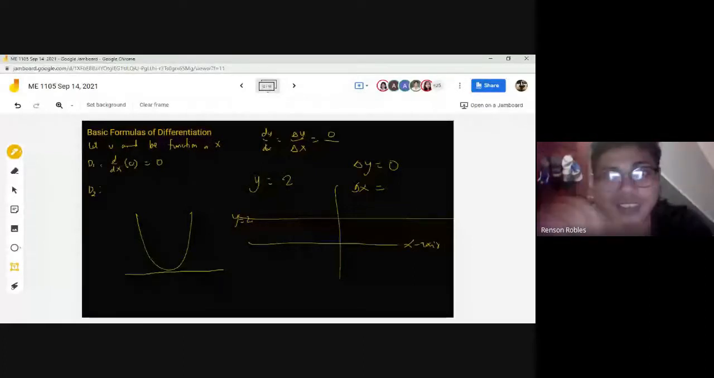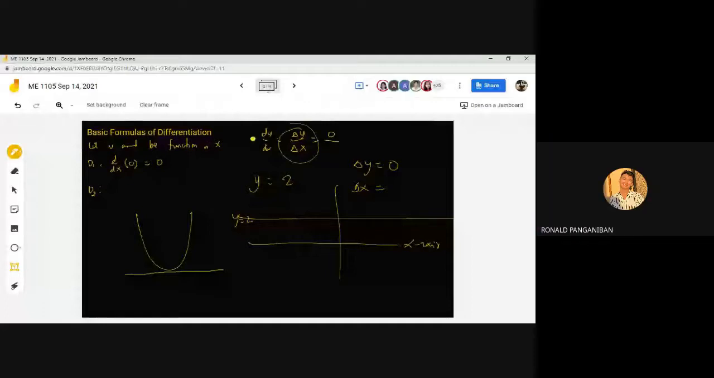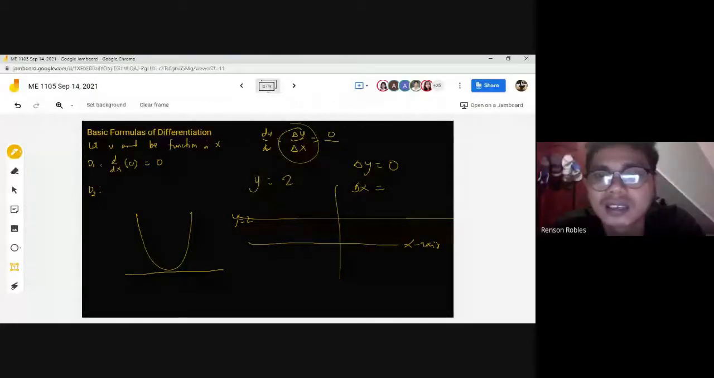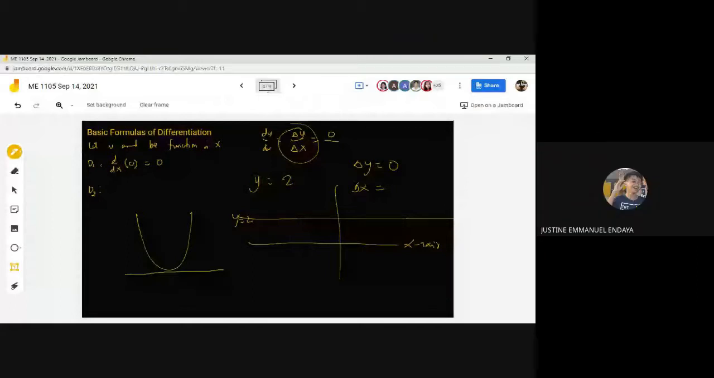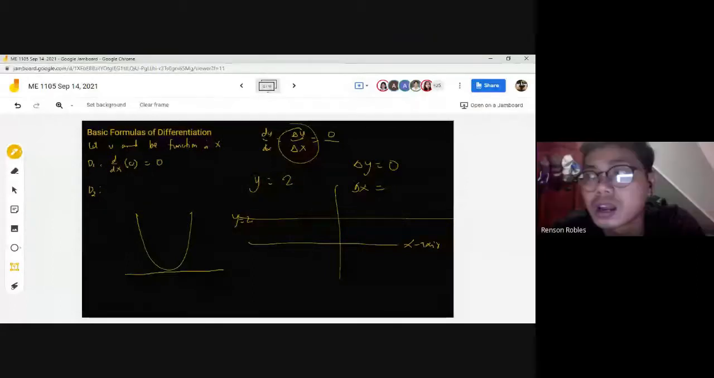Who said this one? Ako po, sir. Yung delta y, because ang pagkakaalam ko po sa derivative ay change in y. Ako po yata, sir. You're Mr. Indaya. Mr. Justin Indaya. Okay. According to Mr. Indaya, the derivative has something to do with the change in y and change in x, and that's correct. Okay. And because when